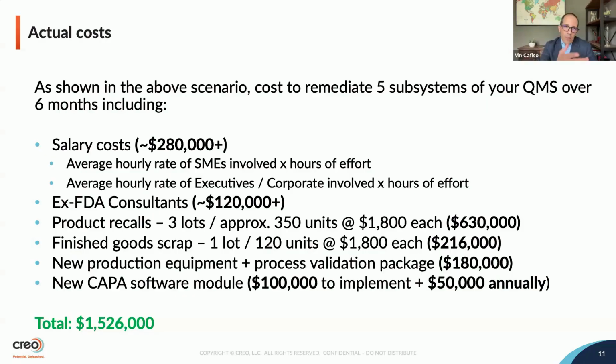And then, of course, in this particular case, they actually under-committed and they over-delivered. They did not commit to a full CAPA module, but in their investigation they realized that they should have really had one due to the complexity of their company. And so they did put in a new CAPA module, and between the time to bring that in and to gather the requirements and validate it and make updates to procedures and all of that, it cost them that. So just those costs alone,